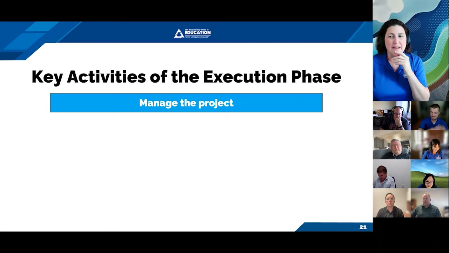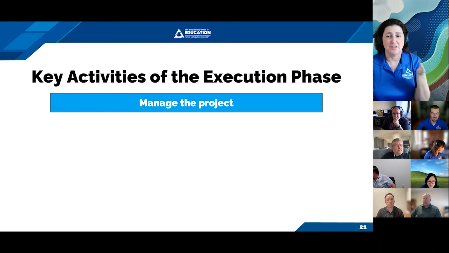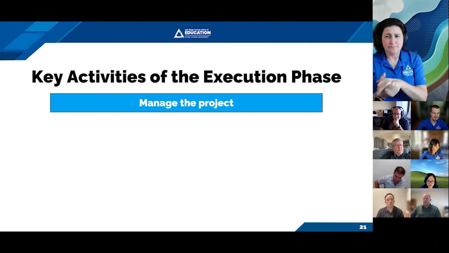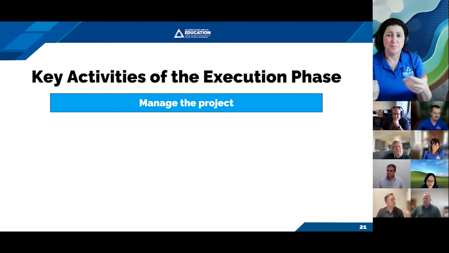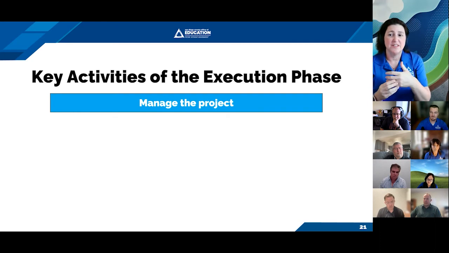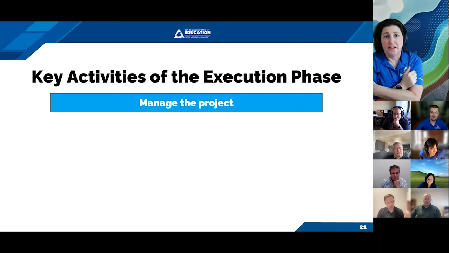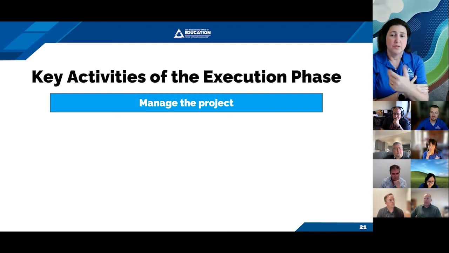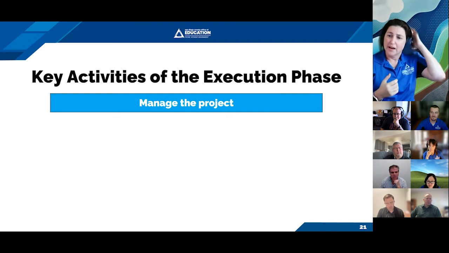So let's talk about managing our project. There are three more things we need to do here. We need to identify any new activities or adjustments to the plan. We know new scope happens. We try to limit it as much as we can, but new tasks pop up. We can't identify absolutely everything during our project charter phase. So if there are new tasks or activities, we make sure we add them to our plan. In our case, we add them to Monday.com, the project management software that we use, and we make sure that we're capturing all that and adding it to the plan.